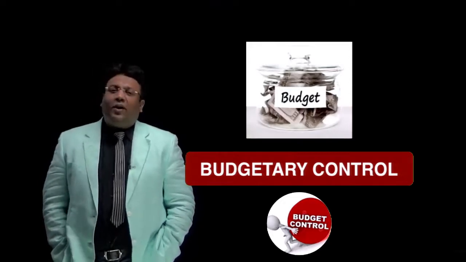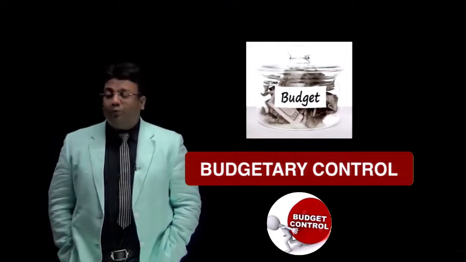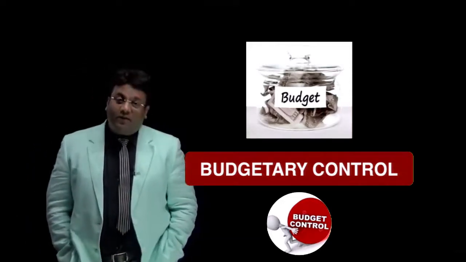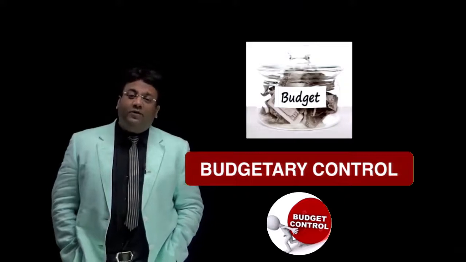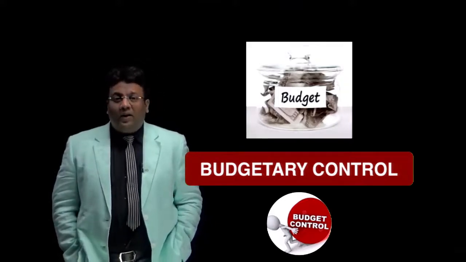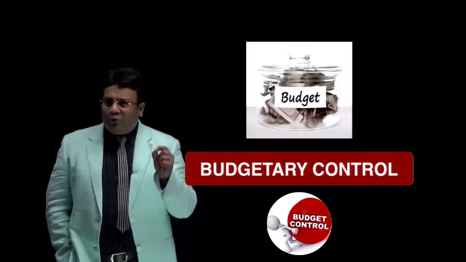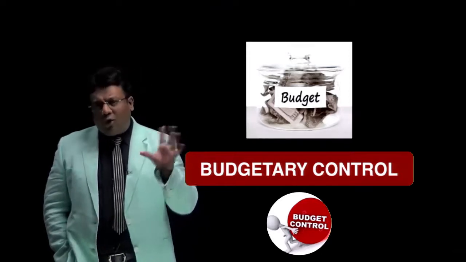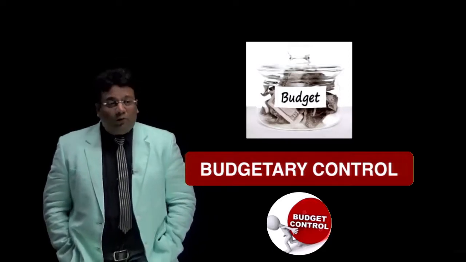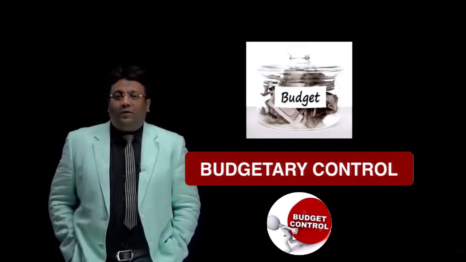Cash budget is such a topic that it will be very difficult on your part to make a mistake there. The only possible mistake in cash budget is a silly mistake. Production budget, pure common sense. Sorry, not production budget, functional budget. Functional budget, pure common sense, nothing else. We will understand that, I will tell you what it is. And of course the theoretical part, only a bit of theory. A common theory is asked in your examination. So if you cover that, that will be enough. So a pure bonus topic.